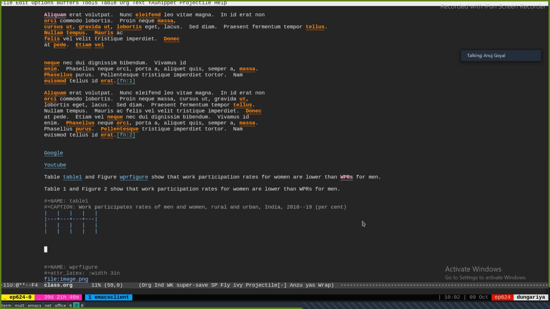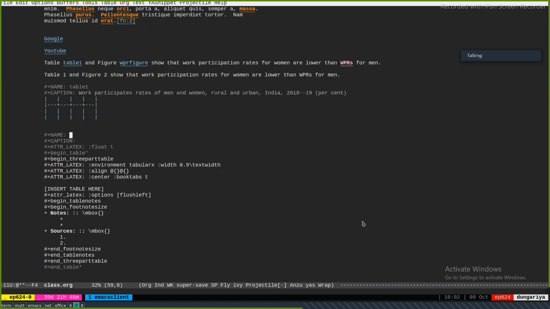Okay, so for example, I have this. Now this is a nice, fully complete, let's say, framework for inserting a table. I put a name here, table 1.